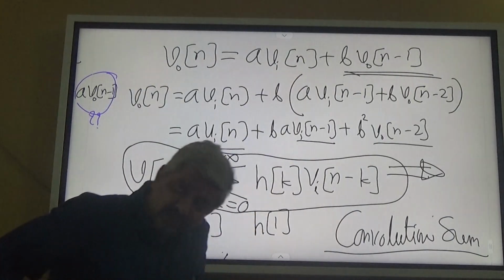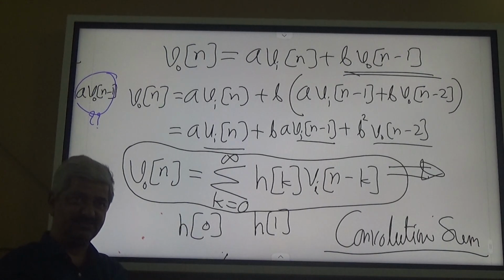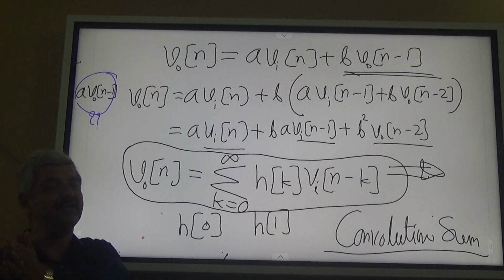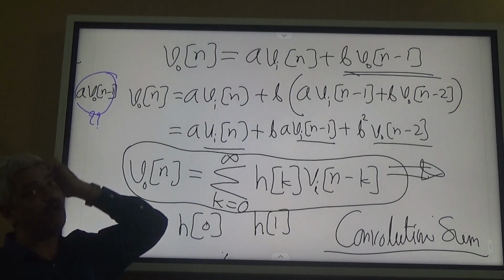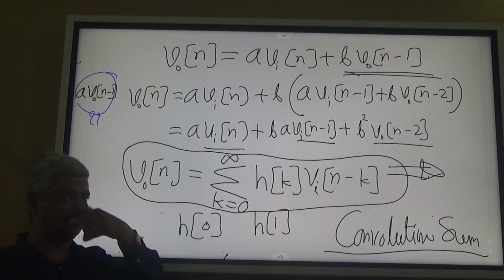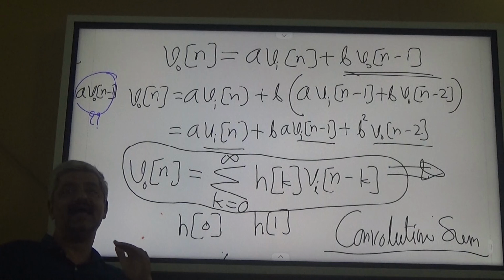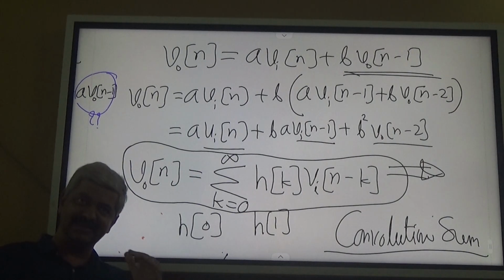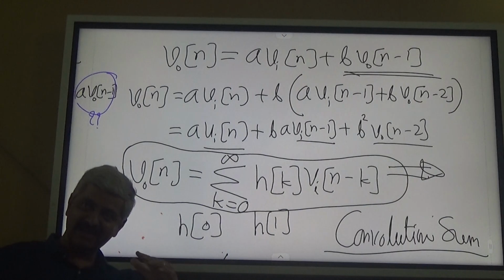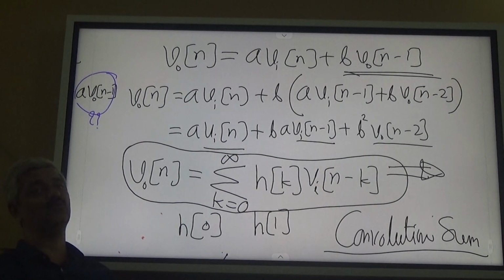Convolution means the current output is a weighted mix of the current and all previous samples. And you will find that, in the given case, if you complete the task of finding the coefficients h[k], as k goes on increasing, h[k] goes on reducing. So what will that mean? It will mean that the samples which were earlier will be contributing less. So this is the convolution sum